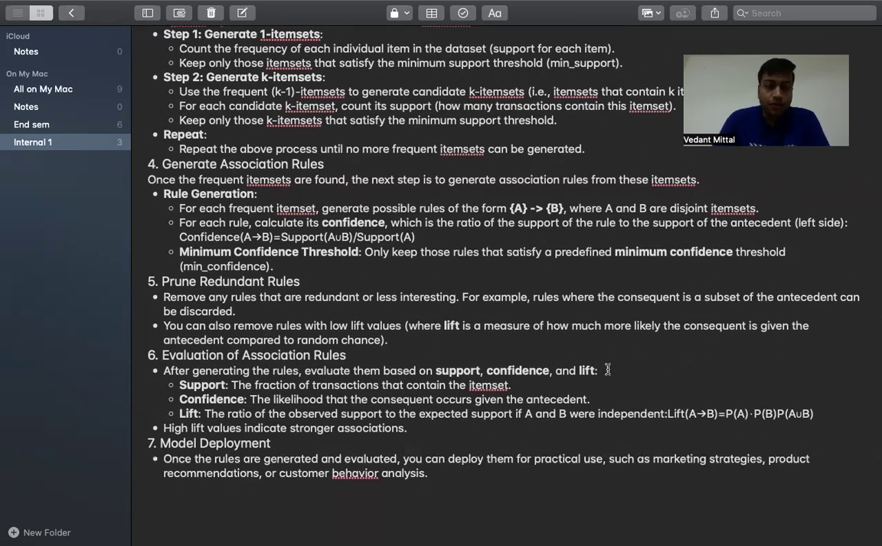And then the fifth step is prune redundant rules, remove any rules that are redundant or less interesting. For example, rules where the consequent is a subset of the antecedent can be discarded. Now, coming to the evaluation of association rules, after generating the rules, evaluate them based on the support, confidence, and lift. So basically, we need to evaluate our association rule mining by the parameters that we have calculated, which are